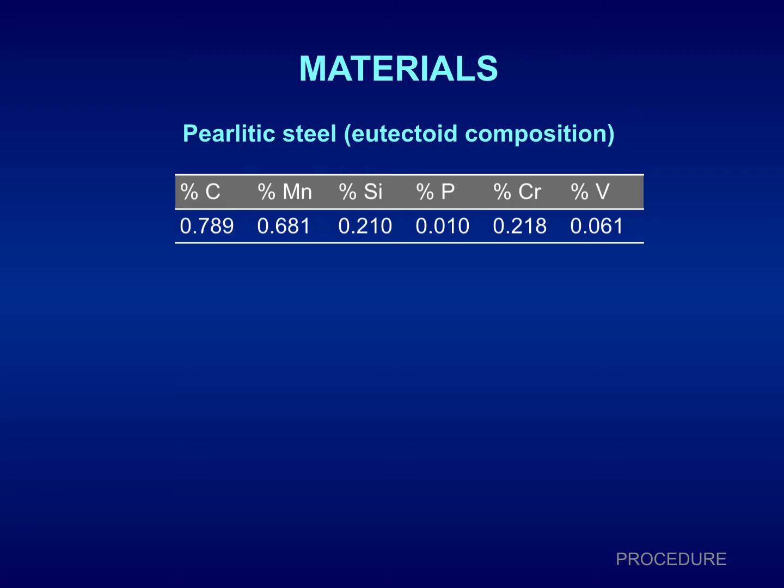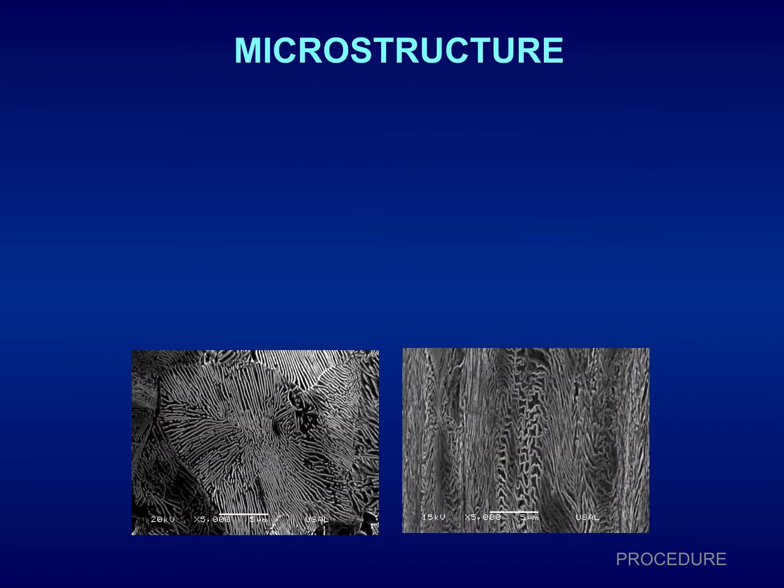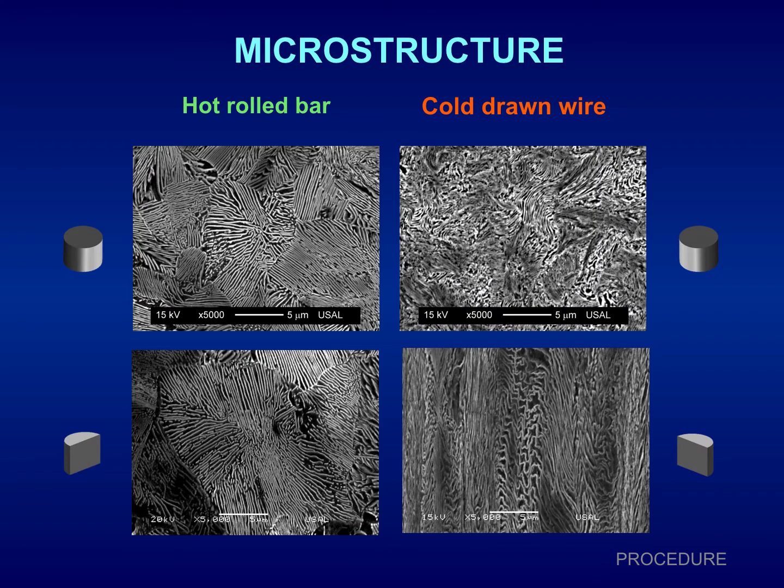Experimental procedure: pearlitic steel with eutectoid composition, 0.8% of carbon, from hot rolled bar, 0 drawing steps, to cold drawn wire, 7 drawing steps. Microstructure: in the hot rolled bar, left hand side, green color, randomly oriented microstructure in both longitudinal and transverse direction,